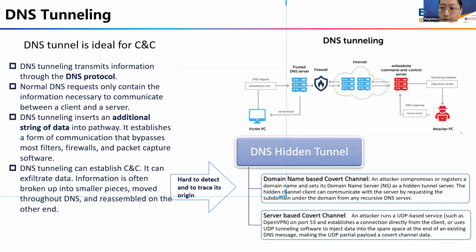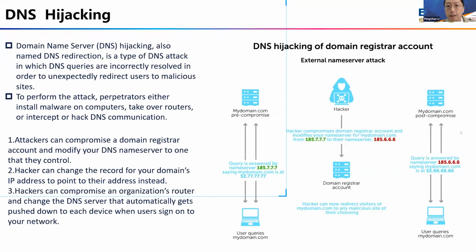DNS hidden tunnel, or we say covert channel, has two types. We name it the domain name based method when red teams deploy DNS servers. When red teams deploy UDP tunneling software to inject data into the spare space at the end of an existing DNS message, we name it server-based. DNS hijacking, also named DNS redirection, is a type of DNS attack in which DNS queries are incorrectly